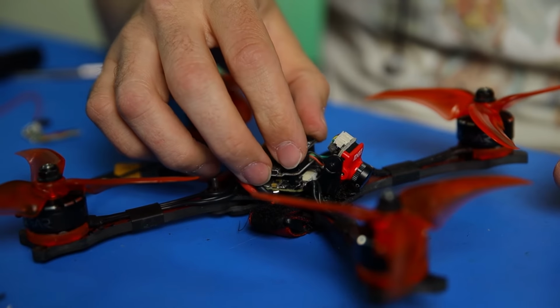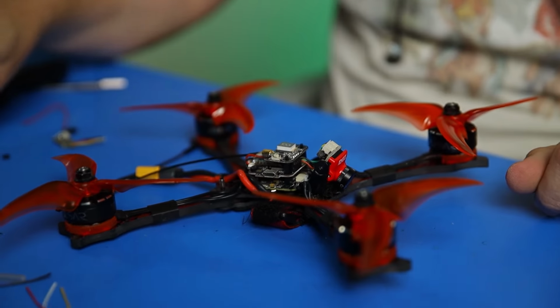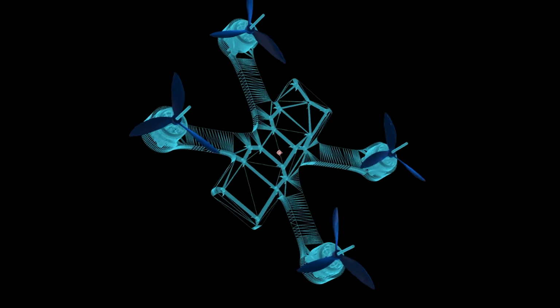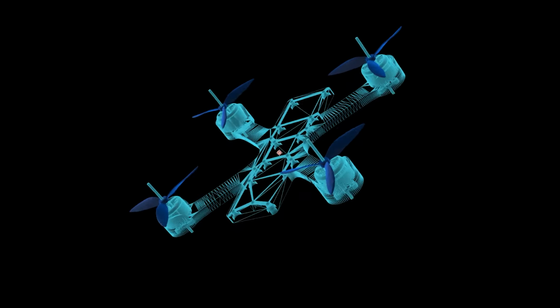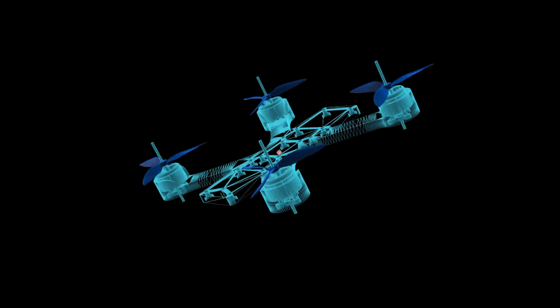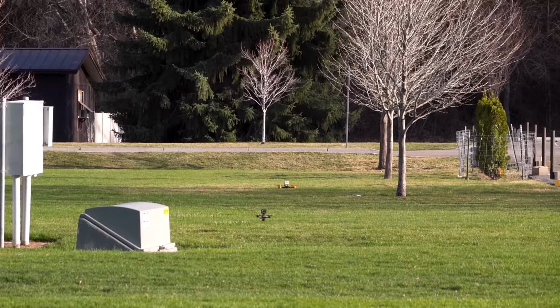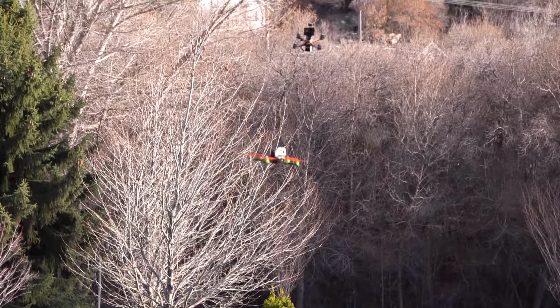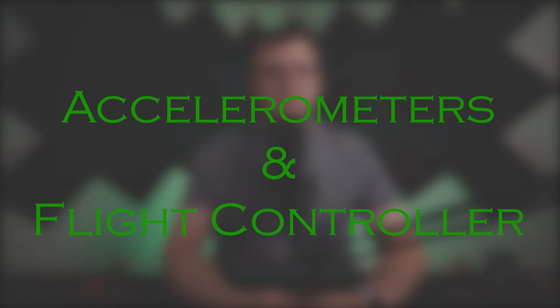gyro for short. A gyro is a microchip that records the speed at which a quadcopter rotates in each axis. Using this data and program mathematics, the flight controller can estimate the distance a quadcopter has rotated and whether its rotation is accelerating or decelerating. A gyroscope is required for the quadcopter to fly in acrobatic mode since the drone does not self-level in this mode. Accelerometers and flight controller.